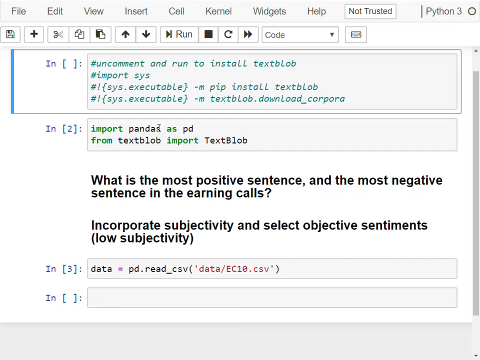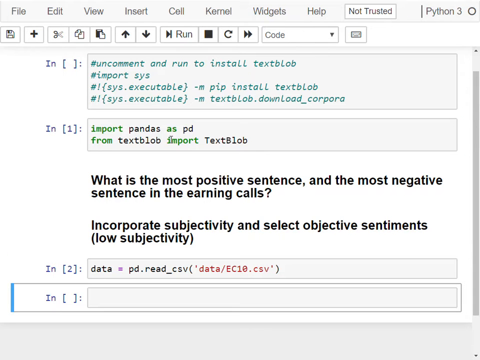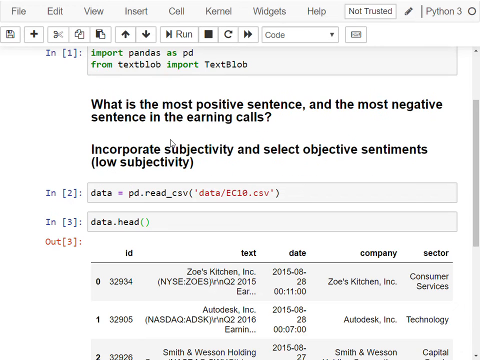Welcome to this video. We will practice using sentiment analysis with the earning calls dataset. As you remember, this dataset contains 10 earning calls, including the full text of each one of the earning calls. We have two questions here. One of them is to select the most positive sentence and the most negative sentence in each one of the earning calls. The second question is to incorporate the subjectivity and select more objectively expressed sentiments, meaning low subjectivity in